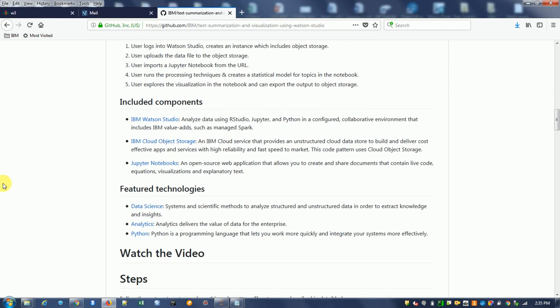Now let's look at included components. We have Watson Studio, which is predominantly used for analyzing data using RStudio, Jupyter, Python in a configured collaborative environment. And it is also powered by Spark, which will help in faster processing. The second component would be cloud object storage. It provides an unstructured cloud data store to build and deliver cost-effective apps and services. Nowadays, we don't prefer to save the data on our local file. Instead, we prefer all the data to be hosted on the cloud